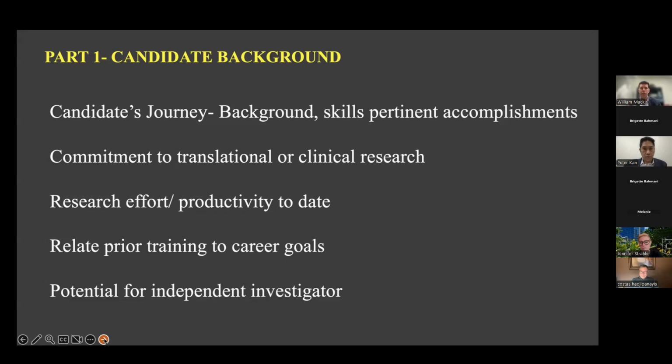Likewise, if you've done a lot of a specific type of technique or technology, that might not be where you need to focus. So we like to relate the prior training to the career goals at this part of the section and indicate the potential that this person has for independent investigator status. You're obviously not there yet, but you want to show potential.